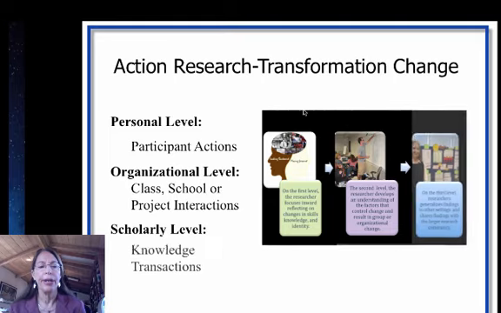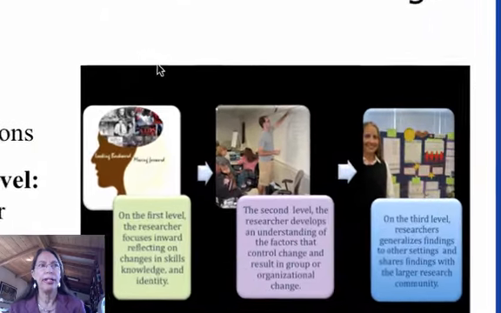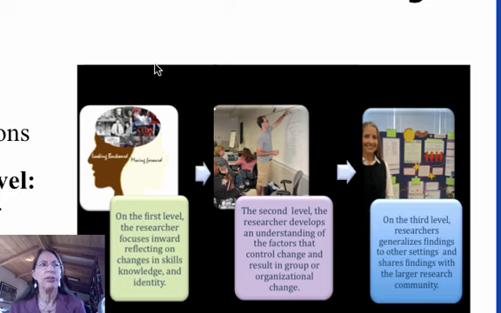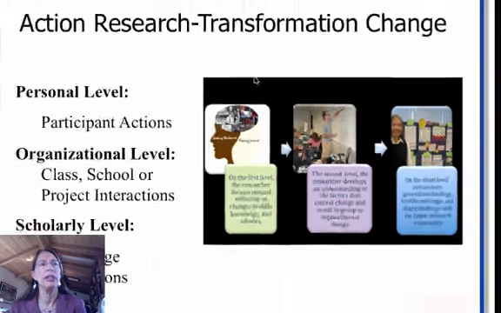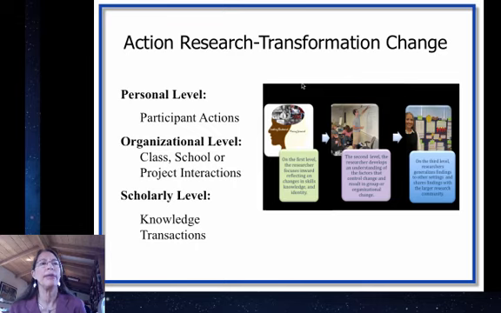scholarly change. This is the changes that take place when you step out of your current role, and in effect take on a role of leadership. Because when you start to explore what makes things work, you try to improve your own practice and improve the practice of others, you are taking on a leadership role. Because a leader is someone who tries to have everybody in an organization or in a classroom work to their full potential. So when you start this process of action research, it will move you to a level of leadership,